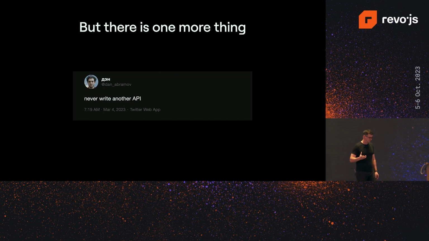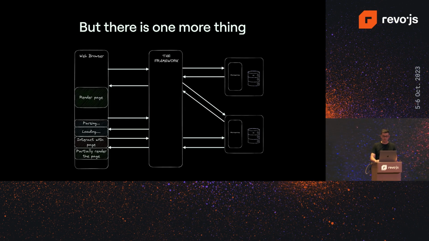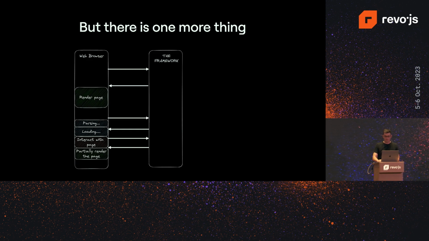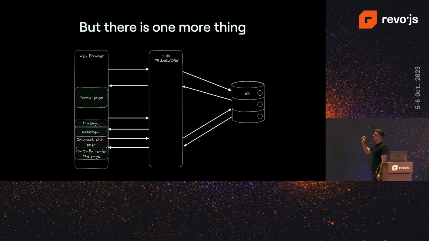But maybe for smaller apps, or for apps that just aggregate data, where it's easier to go directly to the database instead of calling an API, take a step back and ask yourself if you really need that API. Because if you can access the database straight from your framework, then what's the point of the API anymore? This would greatly simplify your application infrastructure, and it's going to make things a bit easier.